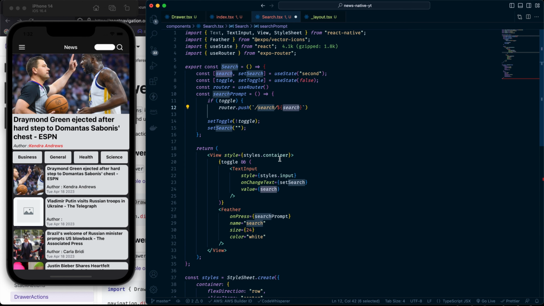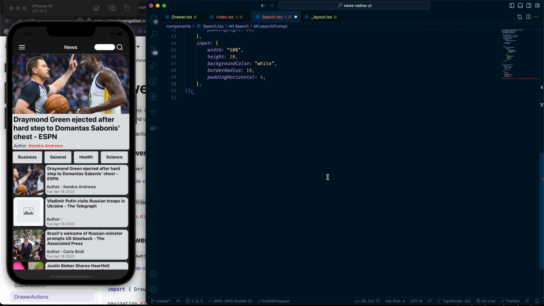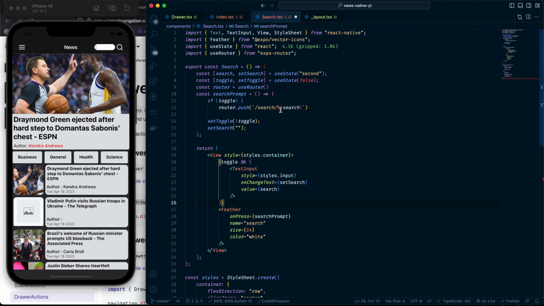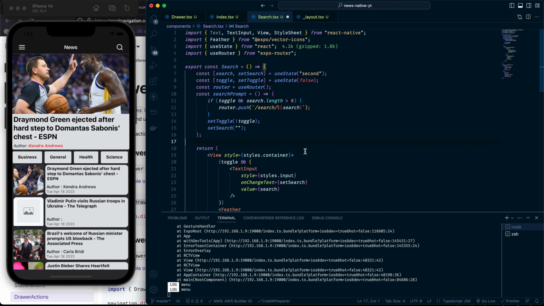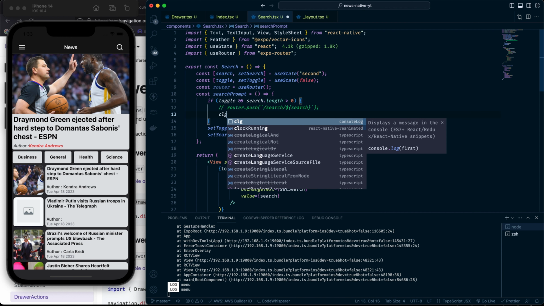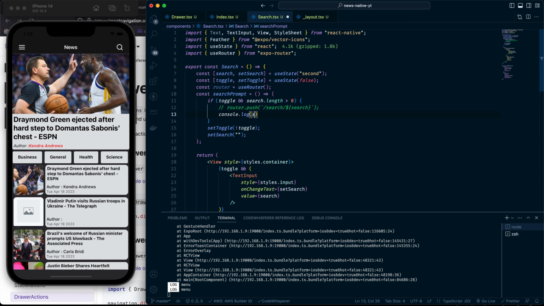We get this from here. There's a slight error. Let's see what happened. Okay, it's probably because of the closing braces. Save that, and we need an additional check also. So if whatever the user searches has nothing in there, I don't want to push the user to that search page. So let me actually first console log and show you what I mean. Let's console log out search,